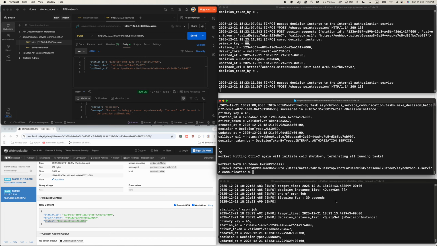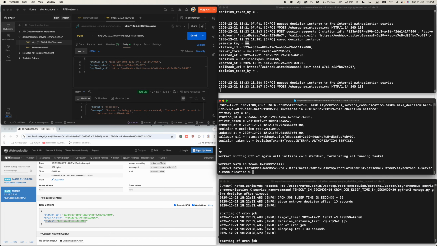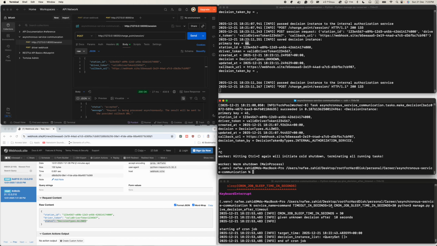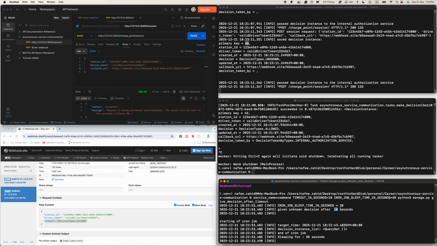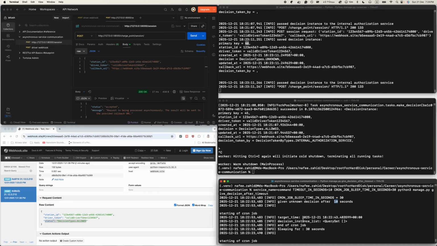As we have seen, previously our cron job was running. Now we have just restarted our cron job here. This is the 30 cron job interval in seconds, 30, and the timeout in seconds is 10 seconds. So after every 30 seconds our cron job will run, and after the cron job has run, you can see